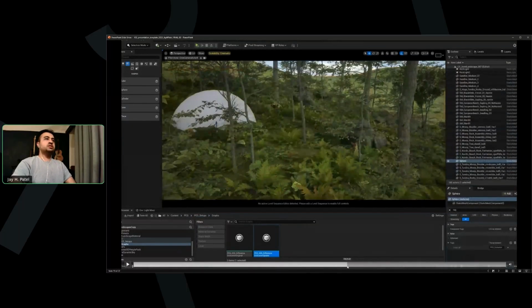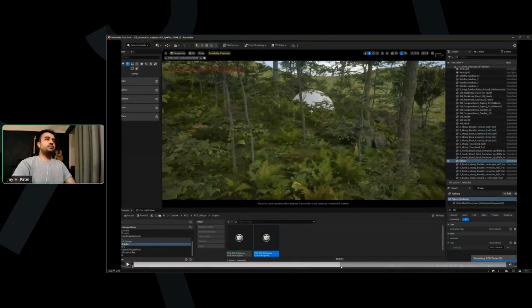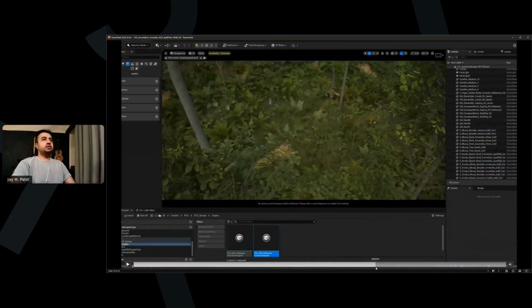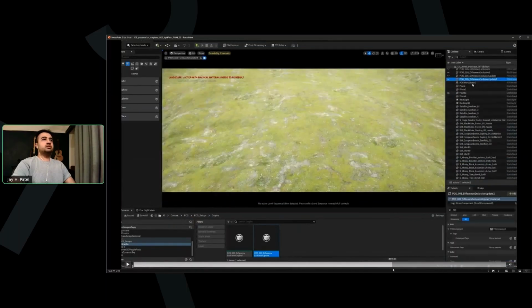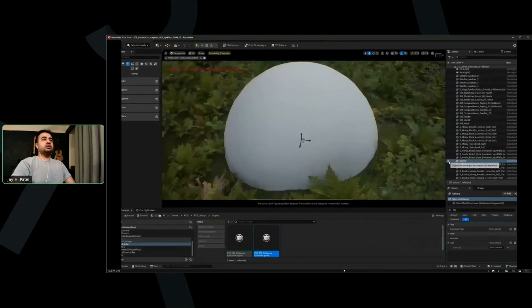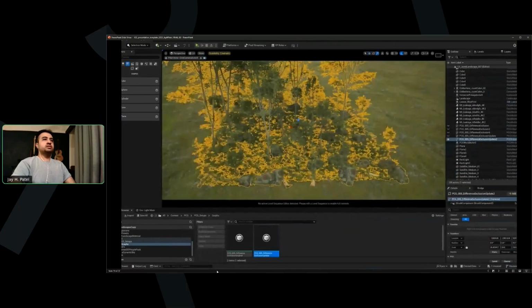Again, I have a similar PCG system, and I'm adding these exclusion zones in real time. Again, this is in editor. You're getting all these updates in real time.